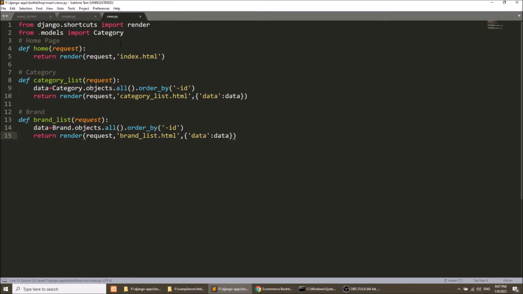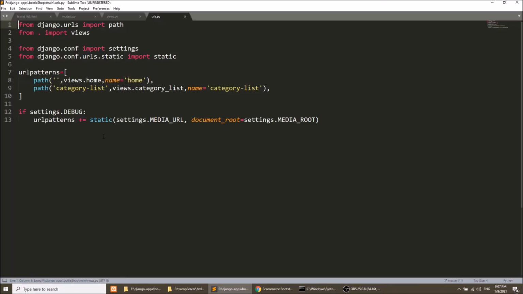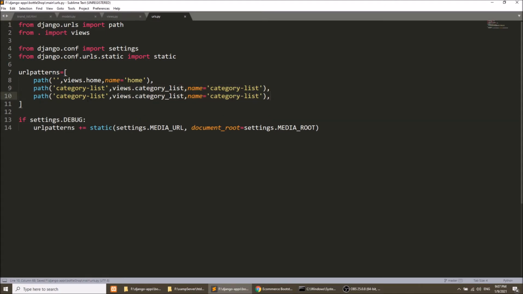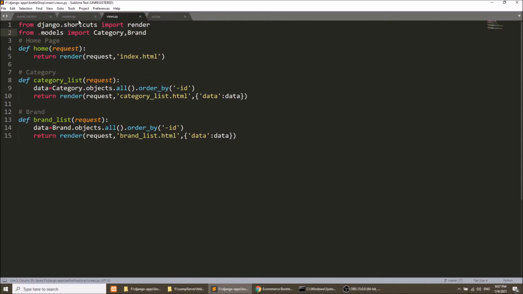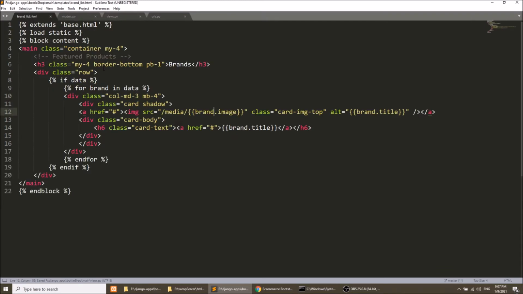This will fetch the data, and we should import this Brand. Now we will open the urls.py file and copy this category path and change it to the brand list functionality. Now we have connected the urls.py with the views.py file, and we have created the view.